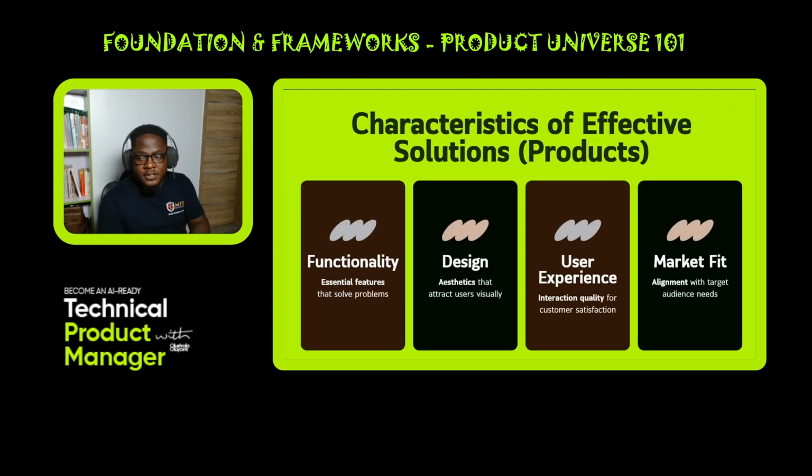So what are the main characteristics? Number one, I already talked about functionality, and I already talked about desirability. Usability in this particular way, I split into two, which is design and user experience. These two things are different, although from a product standpoint, we look at them as one because it is non-negotiable for us. Your design and user experience has to always align, right? For a product manager, it's something that you have to be conscious of from today that you started this class. When you use your application, be more conscious.